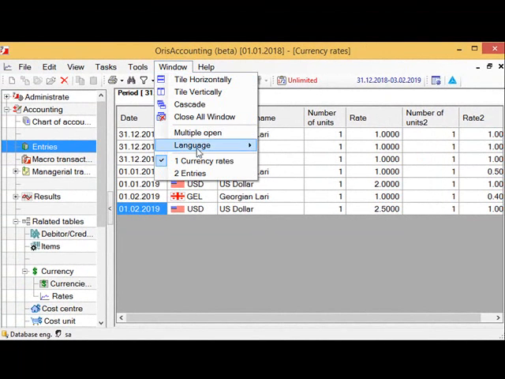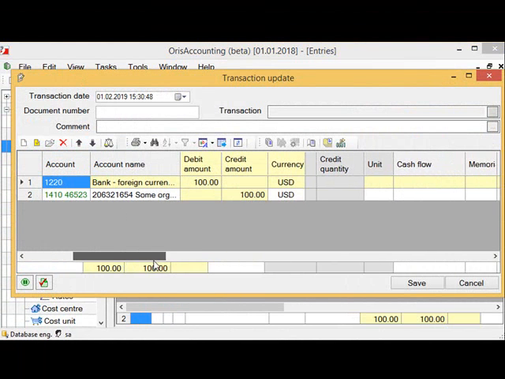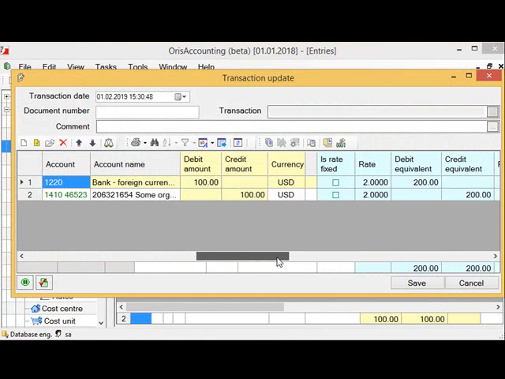However, if you look at the transaction which has been done recently, you will see that the US dollar exchange rate will be the same as it was on January 1st, as well as the equivalent values, because the exchange rate was memorized by the system. In order to correct the exchange rate in this transaction, you should select the currency once again, and the system will correct the exchange rate and equivalent values as well, which is quite difficult because there can be lots of currency transactions in the system and you should correct them one by one,